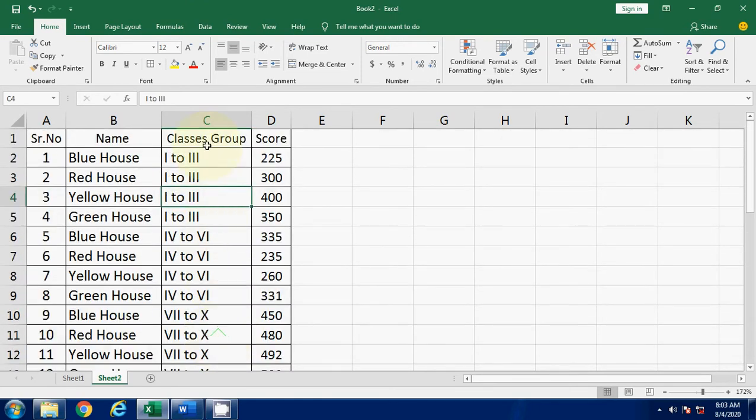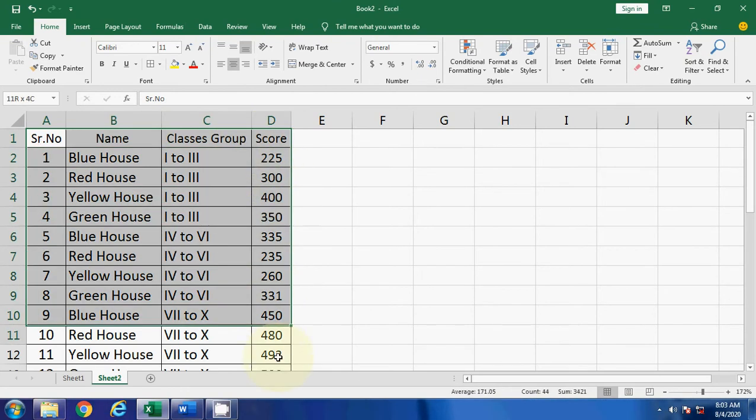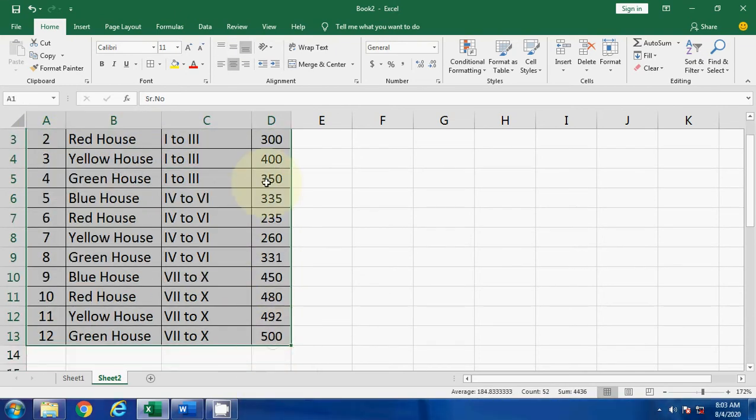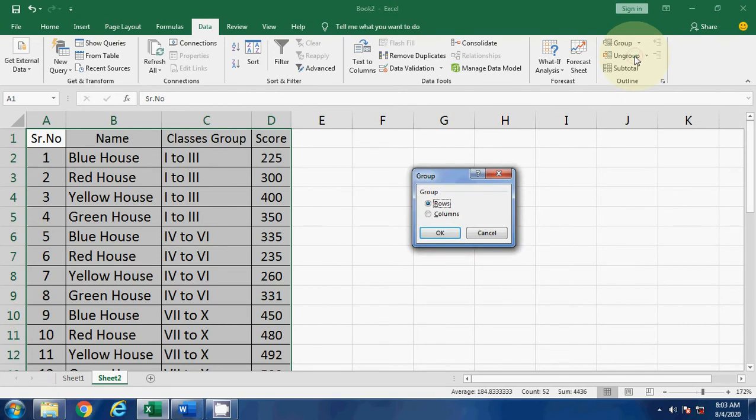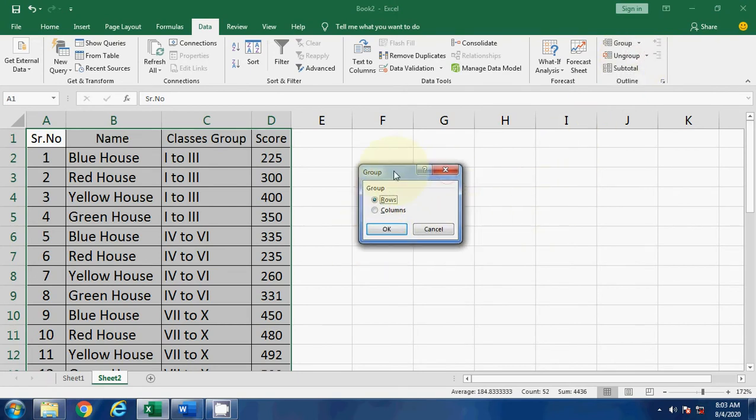So like that we can perform organizing data into levels. First you have to prepare data like this. Now select data first, then click on the Data tab. Here you will find the subgroup, that is Outline. In this Outline, click on Subtotal. You can group according to this also. If you want to group rows or columns, just click here. Suppose I want to click columns.